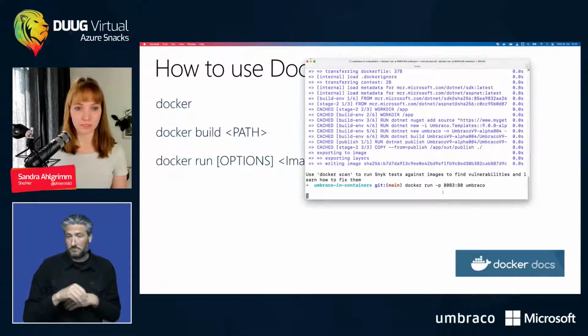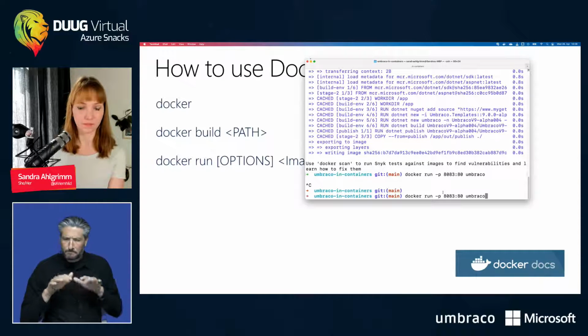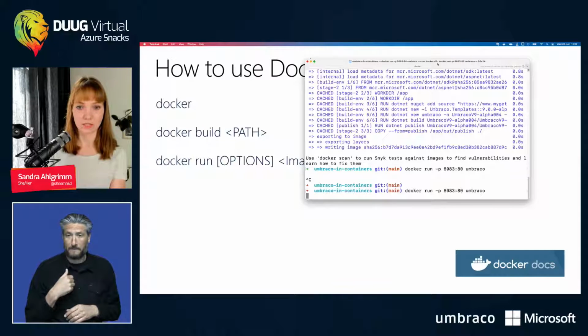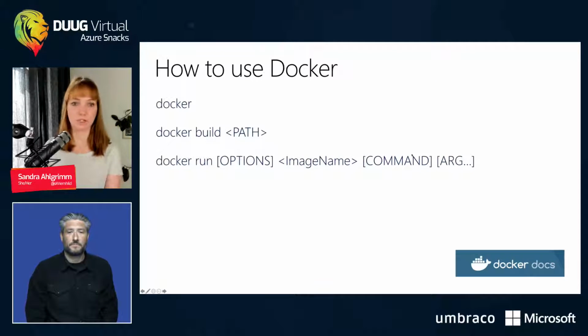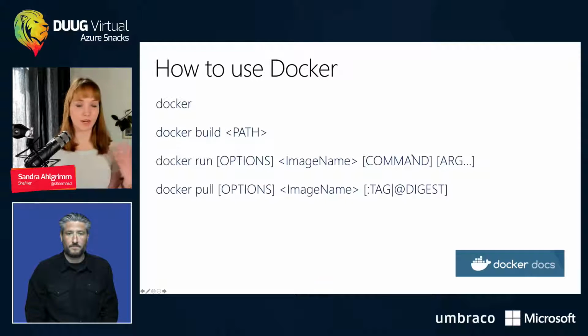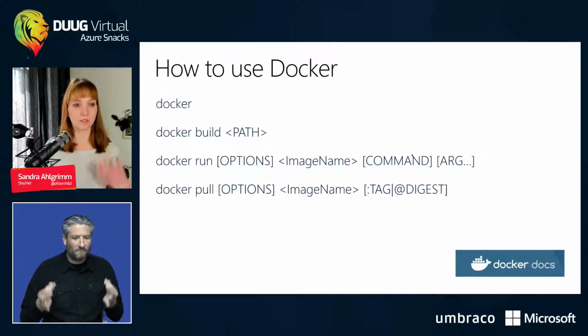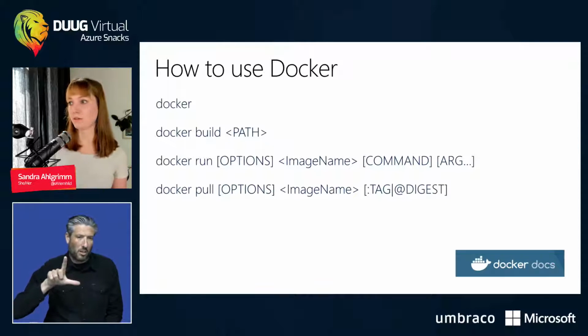So I probably need to redo this because I had to free my space here. Let's see if I can just redo it here, and we don't need to wait for it. So there are other commands as well. So if I want to use an official image, I can also do docker pull. And then if I don't specify a registry, I will just use the default one, which is Docker Hub.